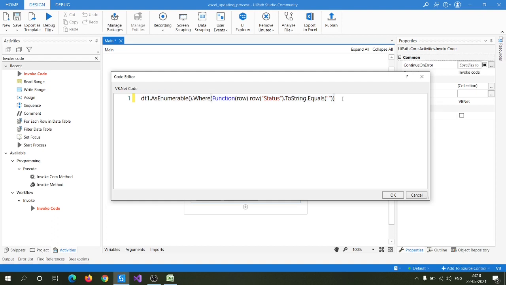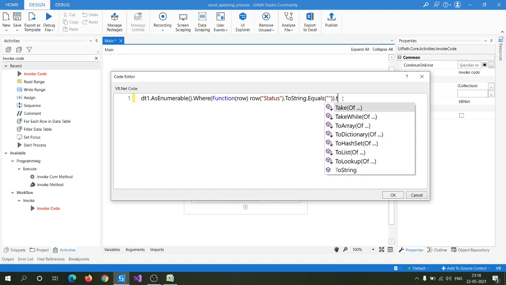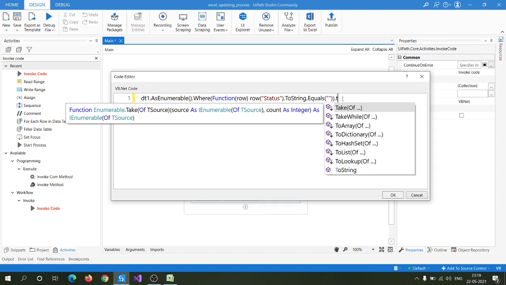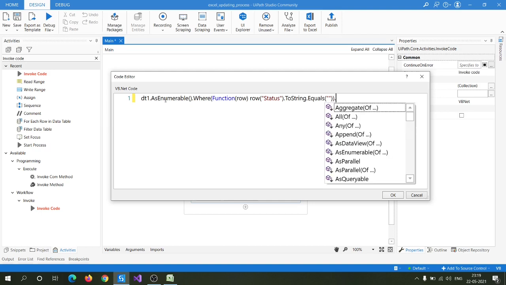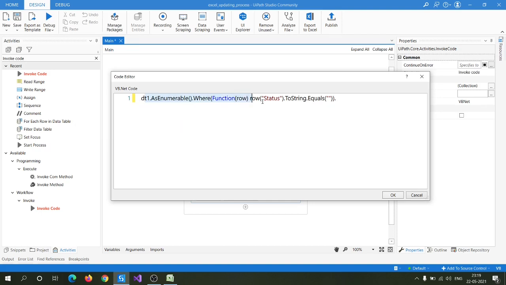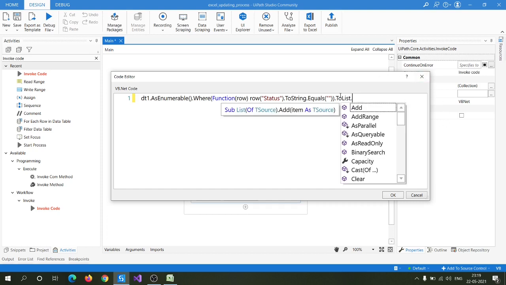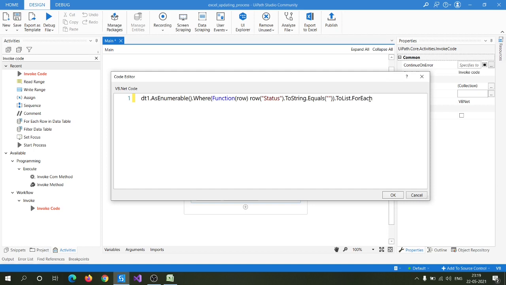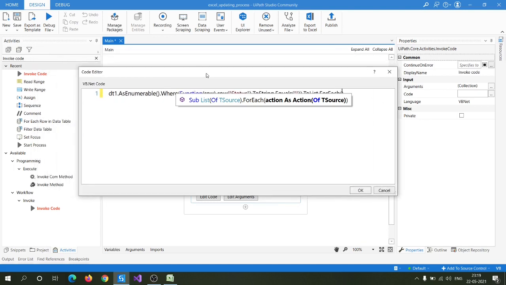For that we use a method that comes under List, so we have to convert this into a list, because dt1.AsEnumerable.Where is actually a collection of data rows. So we convert it into a list using dot ToList. Now we use a method under ToList, that is ForEach. This ForEach method will iterate through each element of the list.